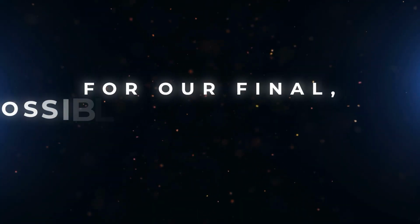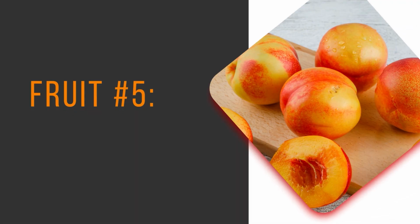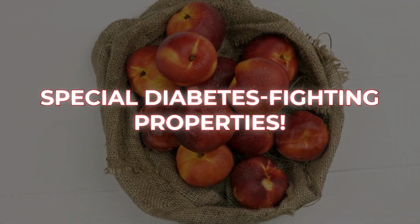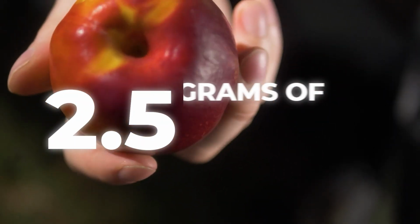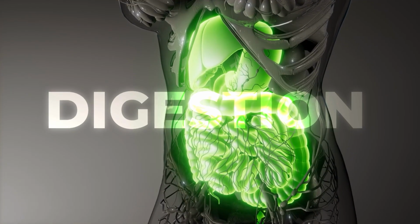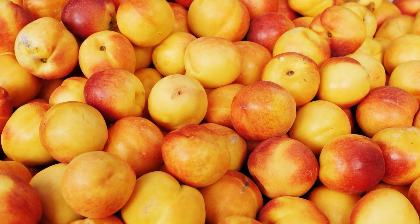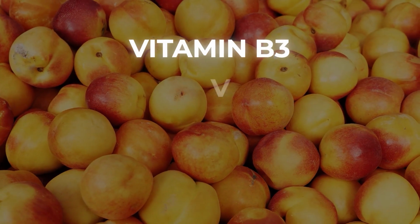Now, for our final and possibly favourite stone fruit for diabetics, try fruit number 5, nectarines. This delicious summer fruit is not only refreshing, it contains special diabetes-fighting properties. This low-calorie, carb-light fruit possesses around 2.5 grams of dietary fiber per serving, which supports digestion, post-meal blood sugar balance, and weight management. Of course, like other stone fruits, nectarines give you many impressive anti-diabetes micronutrients, including vitamin B3, vitamin